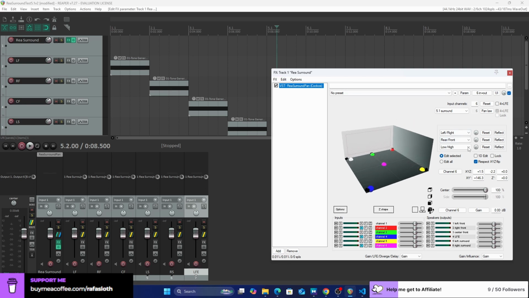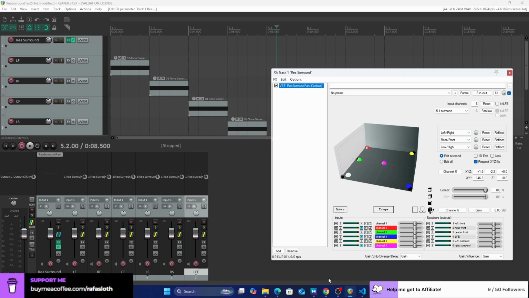You can actually move stuff to the ceiling or to the floor or diagonally, just crazy stuff. Or you can do stuff rotating in 360, surrounding the listener. It's pretty cool. But yeah, I will probably do more videos about this.